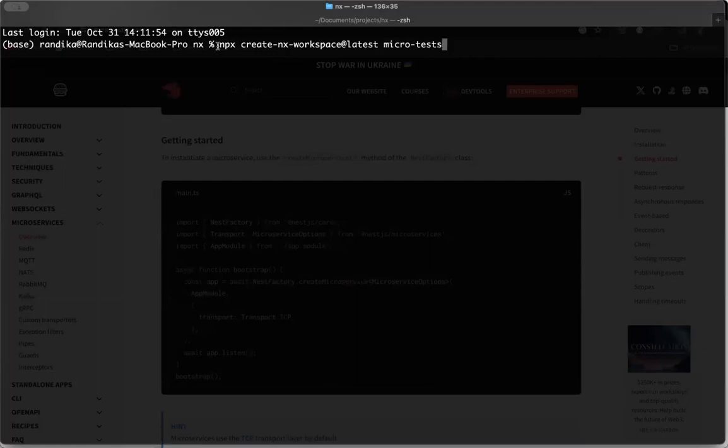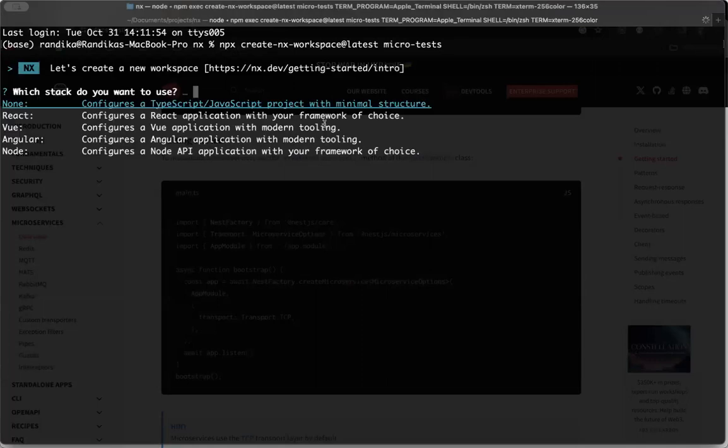What I'm doing is using the npx command, which is like a temporary npm. Using that, I will create an nx workspace with the latest version, and I will name my workspace micro-test. That is what it's going to create, a simple workspace, and